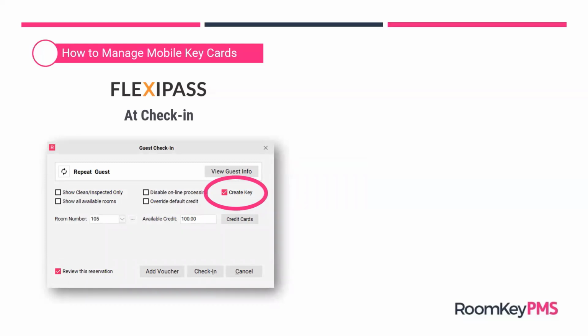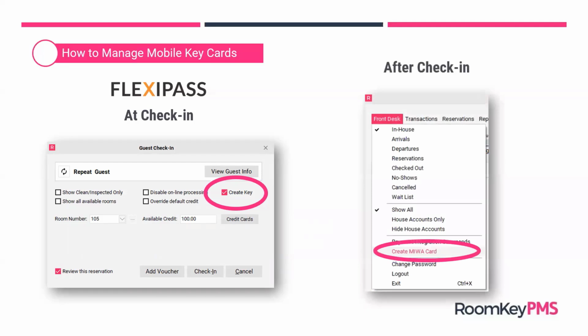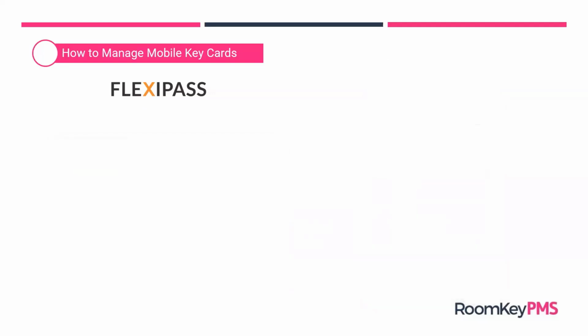At check-in, they are going to see that there is a create key checkbox here, just like you would with the physical key cards. Also, just like the physical key cards, the front desk agent would have the ability to create a mobile key card after check-in. So these options are the same inside RoomKey itself, but what is different with the mobile key cards is that